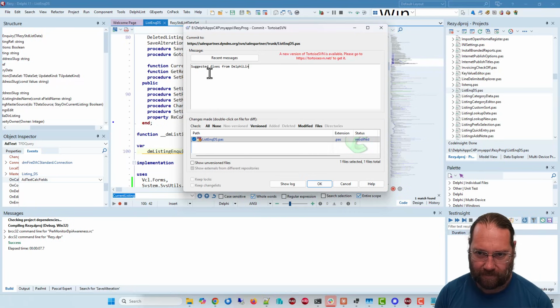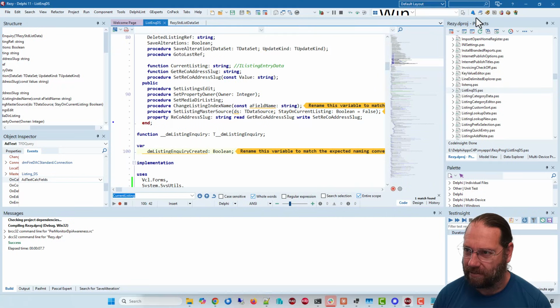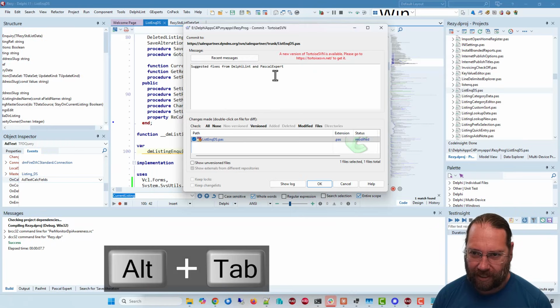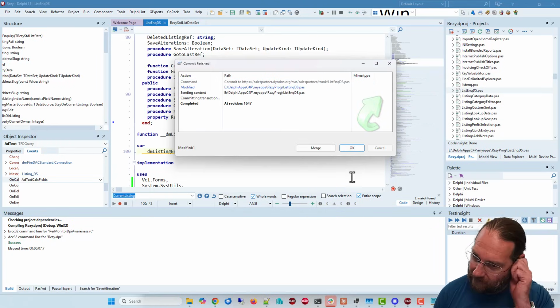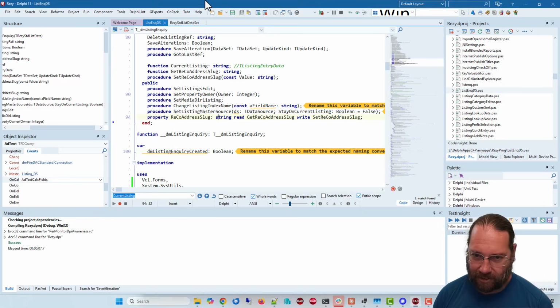From Delphi Lint, and what would you use? Pascal Expert, I think. Pascal Expert. And it looks like it's two words, but that'll be fine. Okay, so next up,